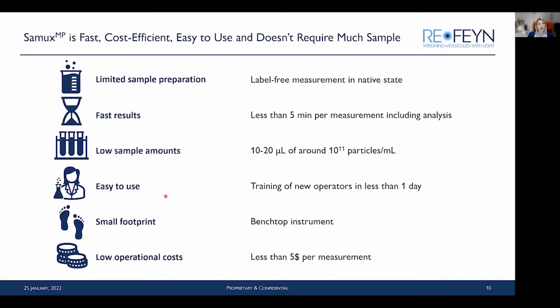It is very easy to use. New operators are typically trained in less than a day. It is a benchtop instrument and therefore has a very small footprint. And finally, a measurement costs less than $5, depending on the calibrant you're using, which also results in very low operational costs. And I'd like to drill down a little bit more into the ease of use of the system